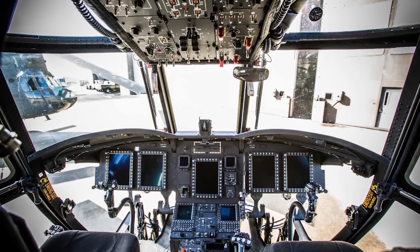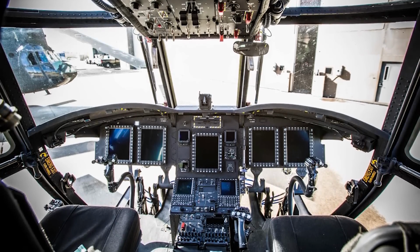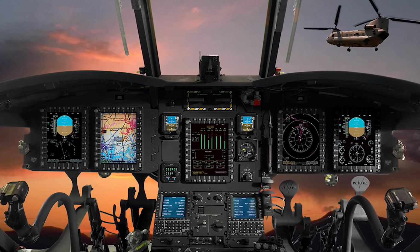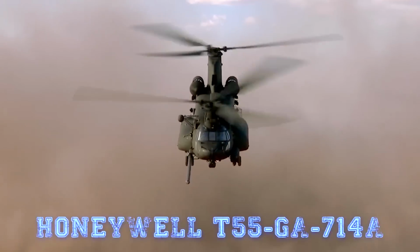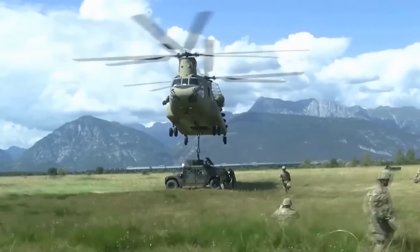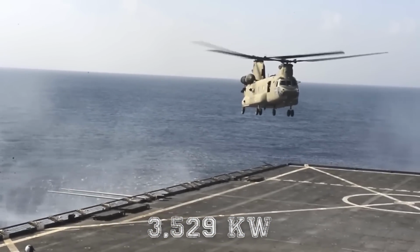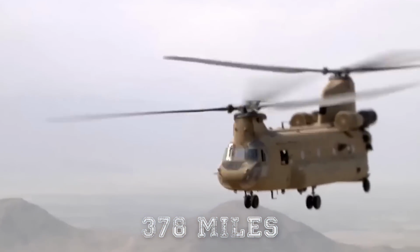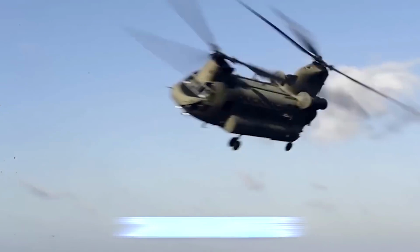CAAS includes 5 multifunction displays, a moving map display, a digital modem, the BAE Systems Digital Advanced Flight Control System and a Data Transfer System storing pre-flight and mission data. Improved and powerful Honeywell T55GA714A engines are fitted with full authority digital engine control and have a thrust of 3,529 kilowatts. This has increased the operating range to 378 miles, or 609 kilometers, with a mission radius of 230